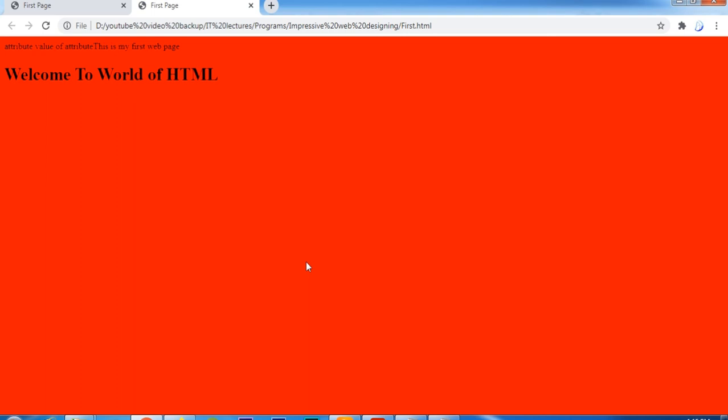You need to understand that an attribute is just the property of the tag, describing how that tag is going to appear when we run the program. So that is our simple first program of HTML, and that is all about the basic syntax of HTML. We will see further in impressive web designing in the next lectures. I hope you understand. Thank you so much.